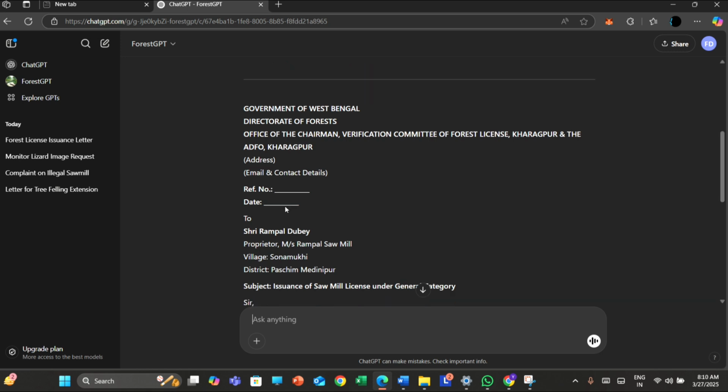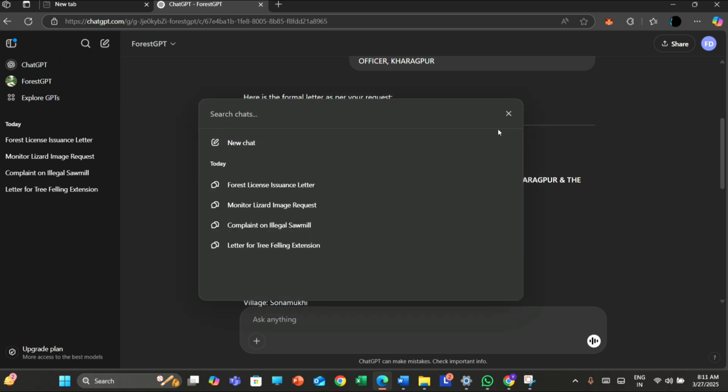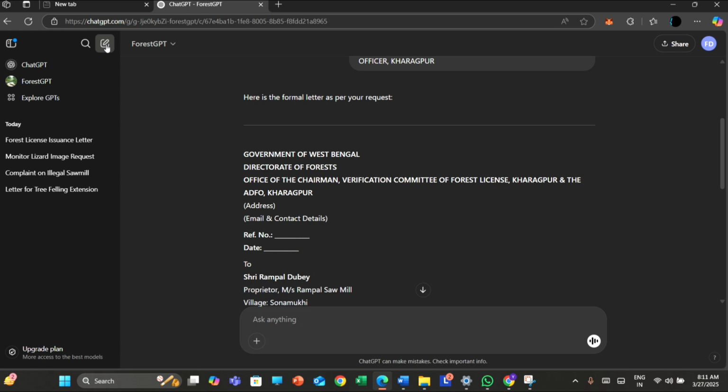Visit ForestGPT. How will you visit ForestGPT? Very simple. Go to any browser, Chrome, Mozilla, Bing, anything. In the search box, just type chatgpt.com. Then sign up with your Google ID or your Gmail ID. Once you sign up, go in the search option and search for ForestGPT. For example, I'm showing you. Just create a new chat and Explore GPT.